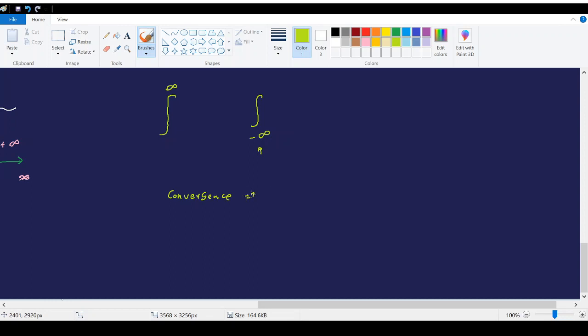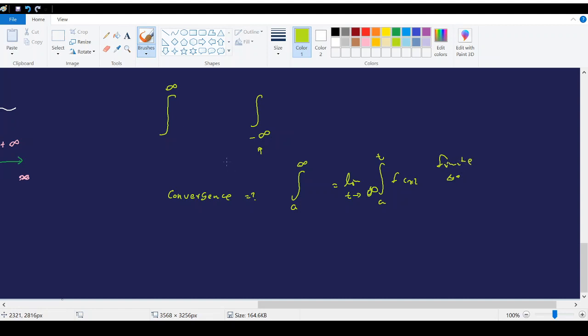And what do we mean by convergent? If we have infinity in the upper limit and a number in the lower limit, we define the convergence as the limit of this one when t goes to infinity starting from a to t, right? If this value is finite,